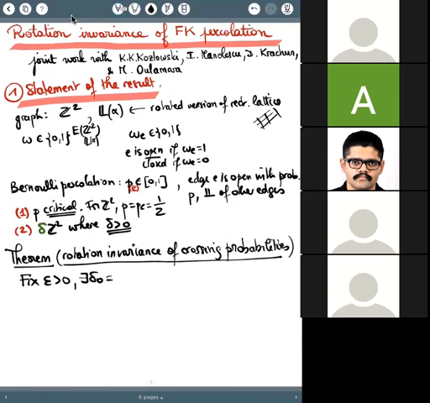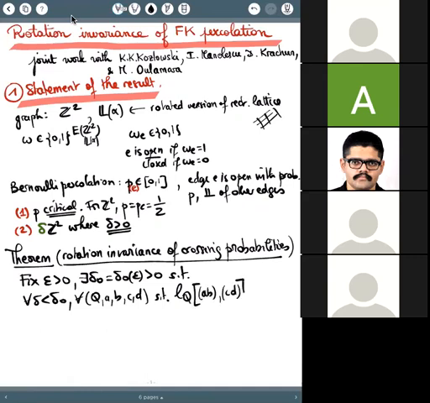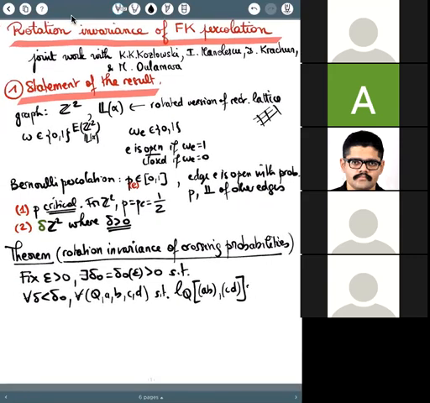Then there exists a delta 0, which depends on epsilon, such that for any delta smaller than delta 0, for any quad, I'm going to tell you a little bit what this is, and this quad I want to be non-degenerate, I'm going to also tell you a little bit what this is, but I'm going to ask that its extremal length is between epsilon and 1/epsilon. So if I take all of that, then if I compare the probability,